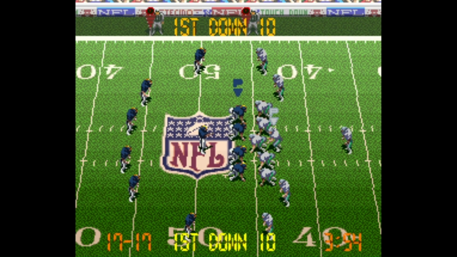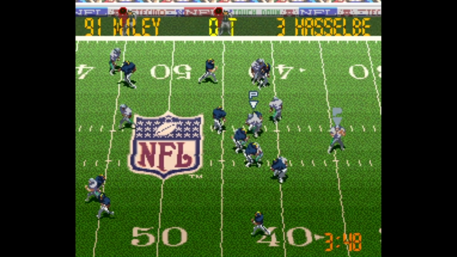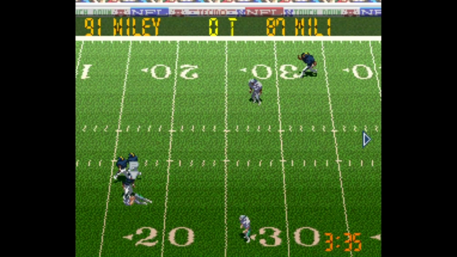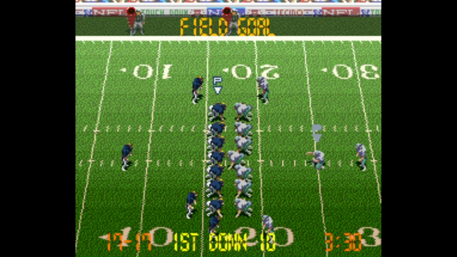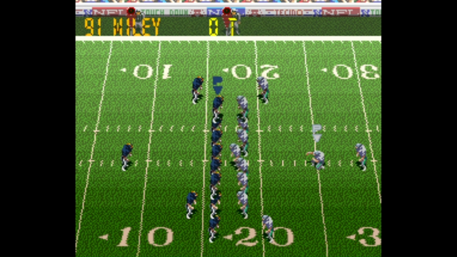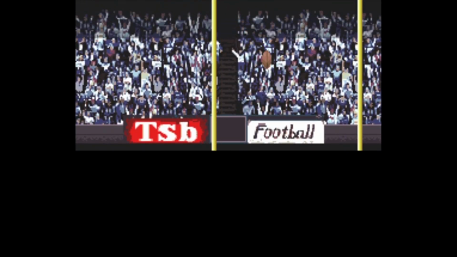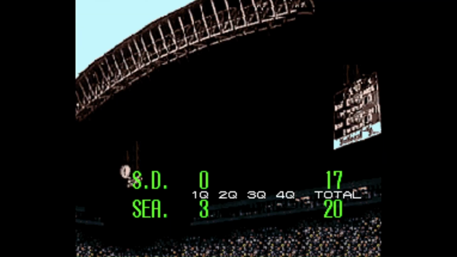The Seahawks have pushed their way to their own 45-yard line. Matt Hasselbeck has lots of time in the pocket. He's going to look for tight end Itula Mealy. What a catch by Mealy, taken down at the 17. Seattle is going to bring out Ryan Lindell in overtime. Can he make this kick? It's shaky, but it's good. And the Seahawks go into San Diego, go into overtime, and win this game 20-17.